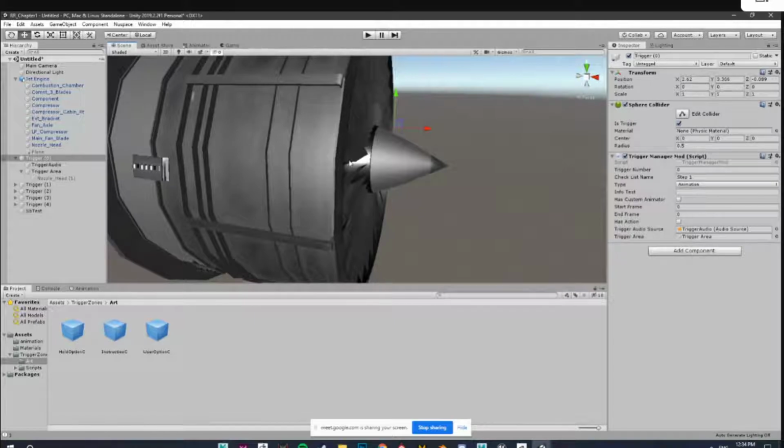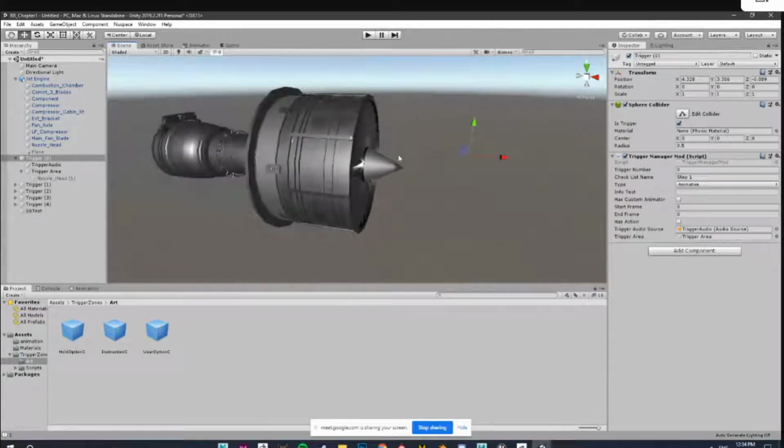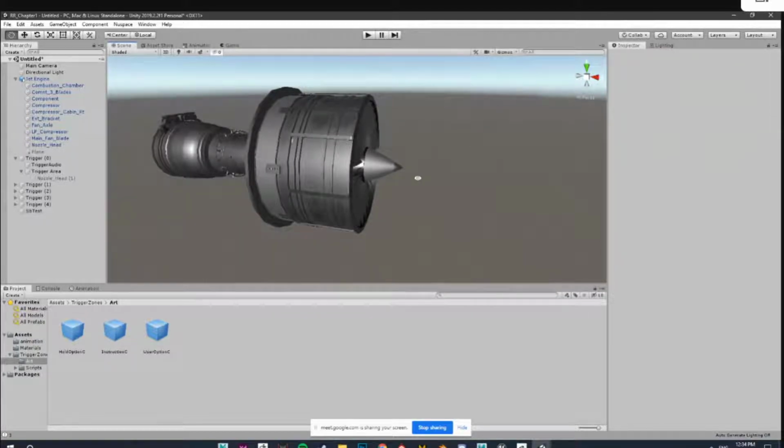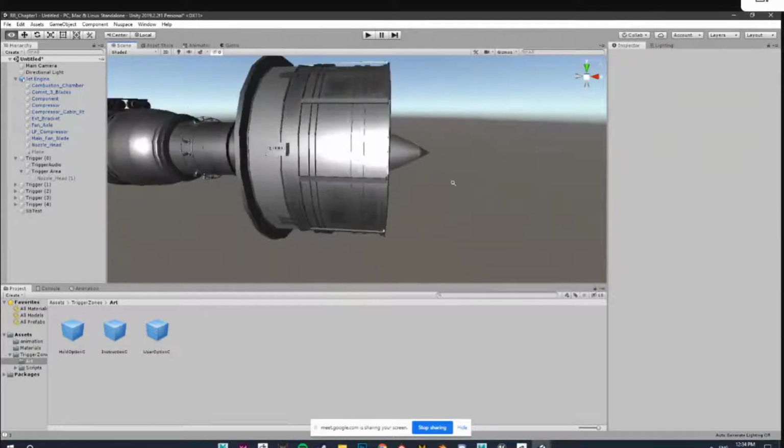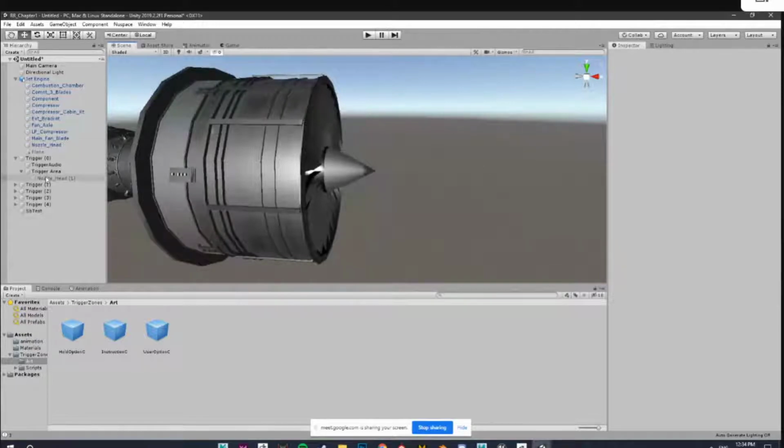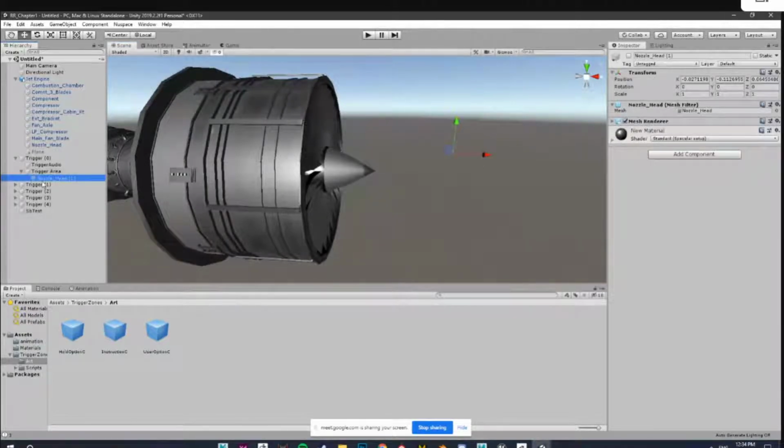If I just show this area, we don't know where the trigger area is. So you copied it and used that copy for highlighting. Yeah, so this is our triggerable area visualization.